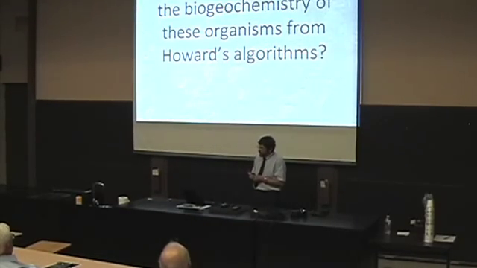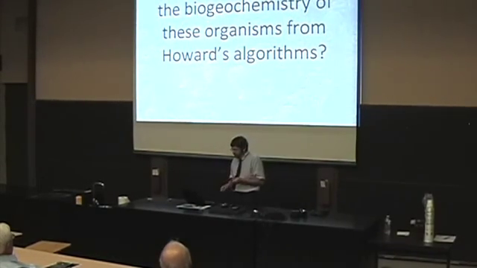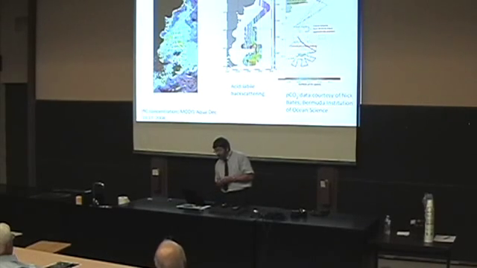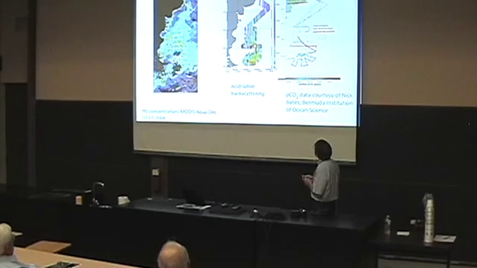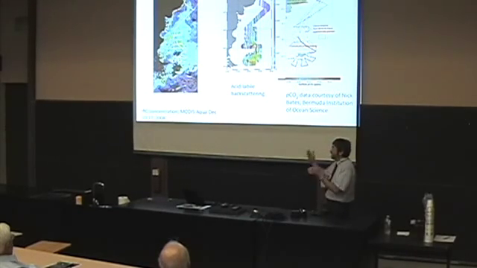So what did we learn about the biogeochemistry of these organisms from Howard's algorithms? And there are some big things, actually. First of all, here's a Patagonian shelf bloom. This is a trip we did in 2008, maybe. And basically, we did radiator patterns through this thing. Those are the Falkland Islands. This is the light scattering due to calcium carbonate. We do this acid labile backscattering measurement. We make the scattering measurement, dissolve the coccoliths, and make it again.